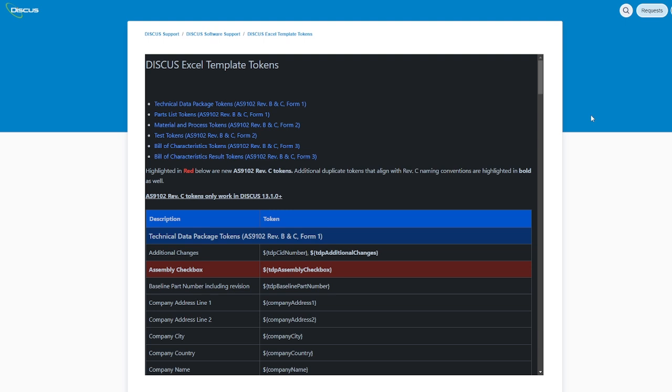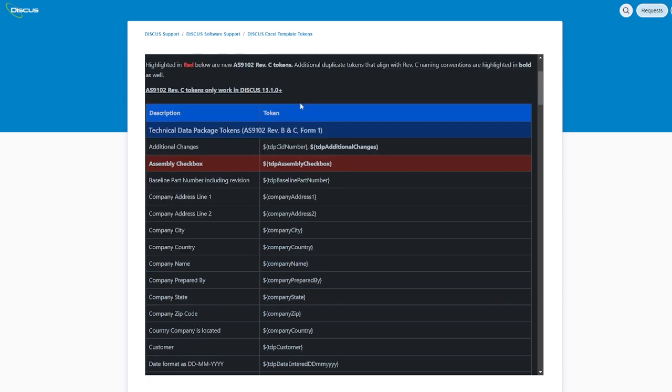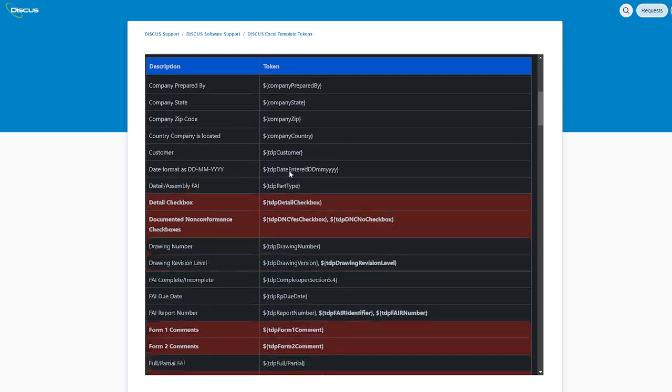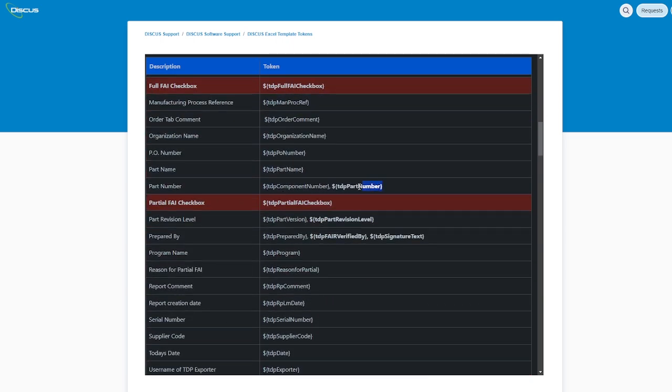There are a few ways to find what we're looking for. We can use Control F to search for part number, we can click on one of these links to go to the various sections, or we could just simply scroll. Since I know my token is on Form 1, I'm going to click Form 1 and then start scrolling until I find part number. I have now found my part number token, but as you see, there's actually another token we could technically use